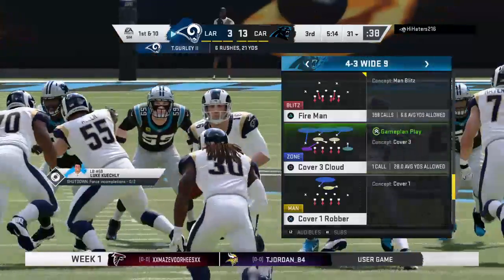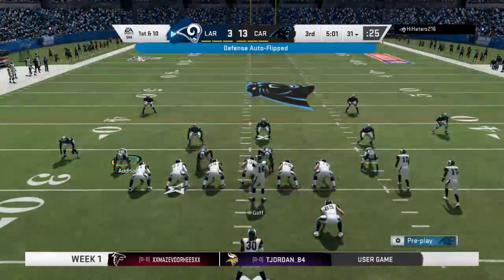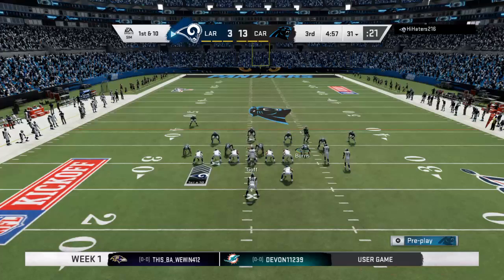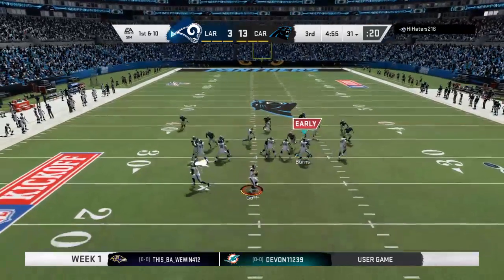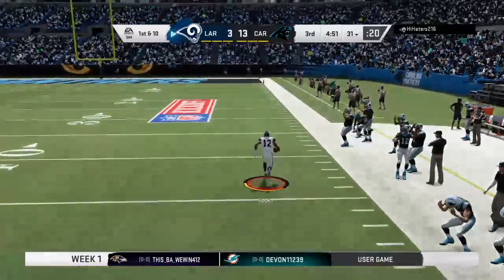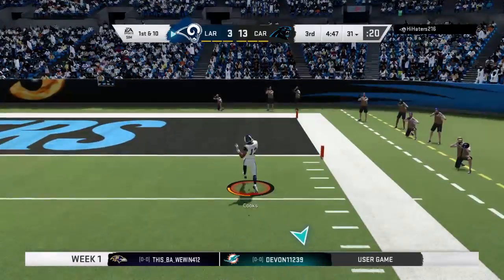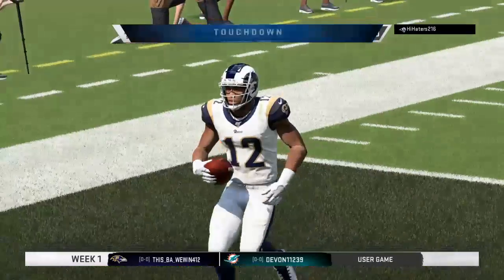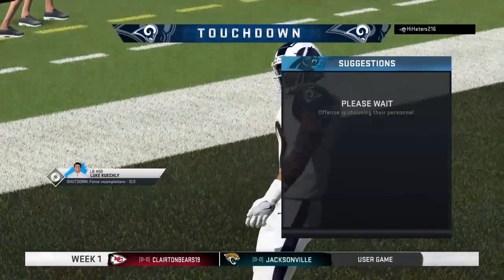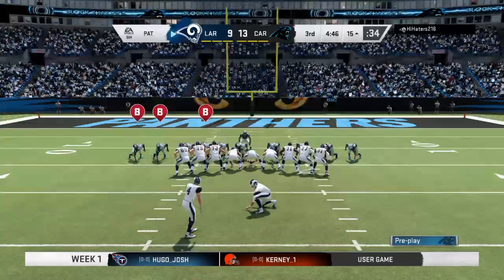I always appreciate runners who understand situations. That was just 3rd and inches. No reason to dance around in the backfield and try and break off a bigger play. Just go pick up the first down, and that's exactly what he did. Here's Goff. Oh, he's got a man wide open, complete. 20, 10, touchdown, L.A. Brandon Cooks, 69 yards, as they are now just an extra point away from making this